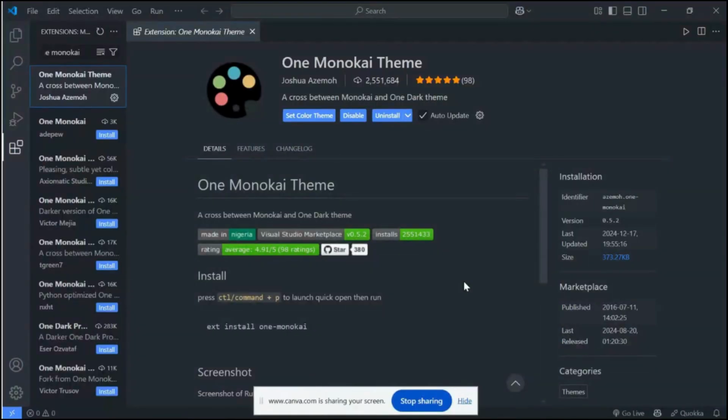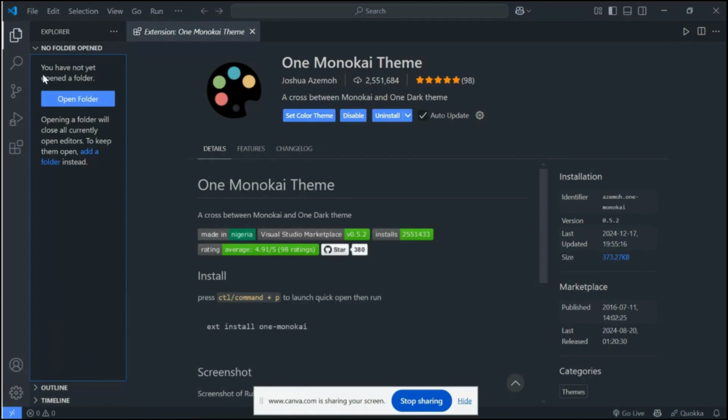Okay, so welcome back. Now that we have been able to set up our VS Code, let us go ahead and create our first line of code. We want to create our first website, and it's going to be a very small website with some small lines of code. So let's come to this sidebar and click on this Explorer button. Before you can write any line of code, you have to be in the project folder.